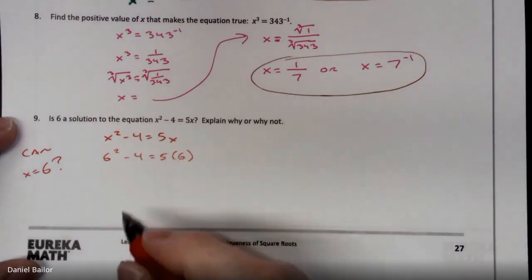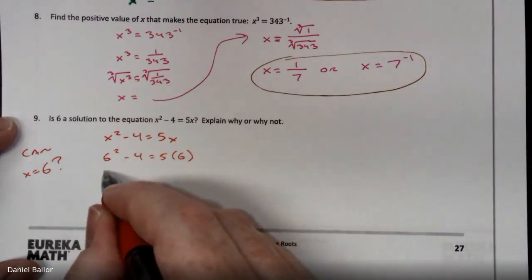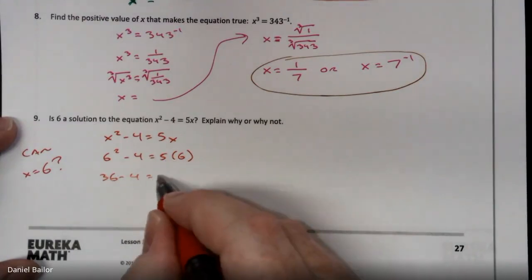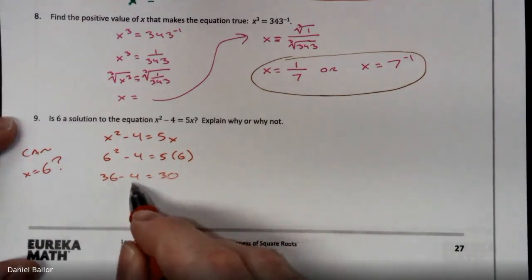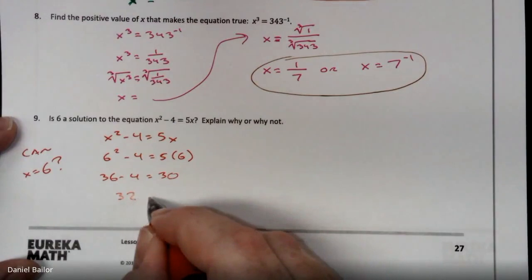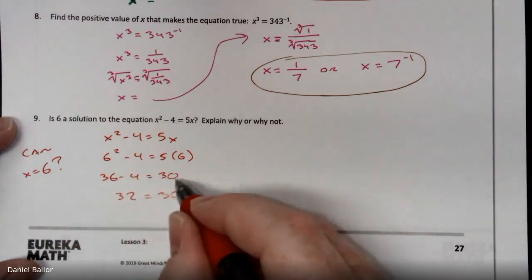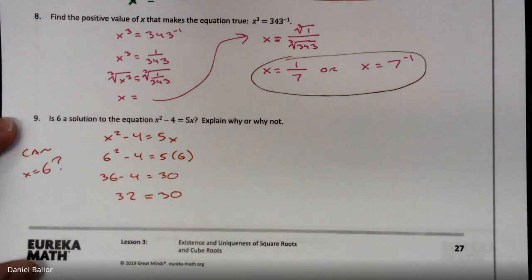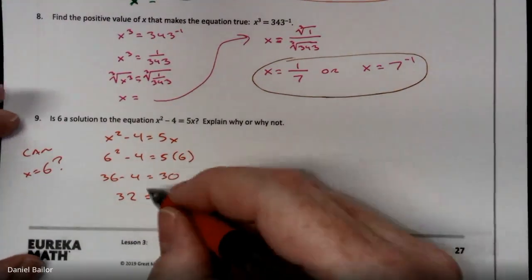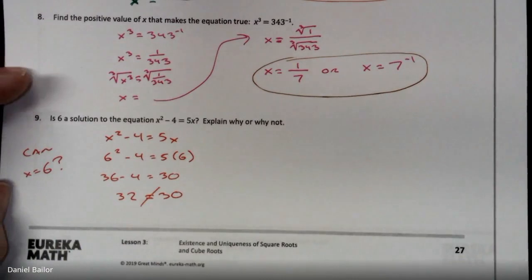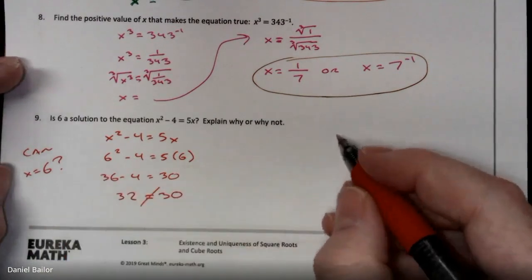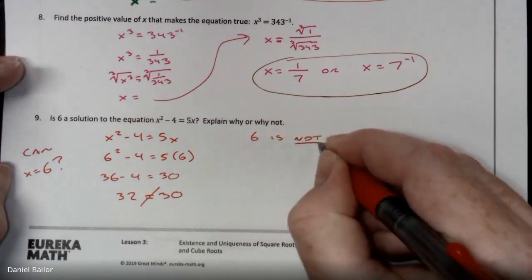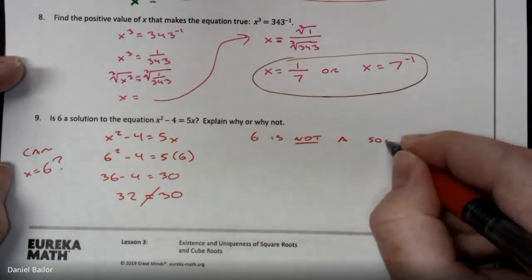And let's solve. 6 squared is 6 times 6, which is 36. 5 times 6 is 30. 36 minus 4 is 32. So the left side is 32. The right side is 30. 32 does not equal 30. So is 6 a solution? 6 is not a solution